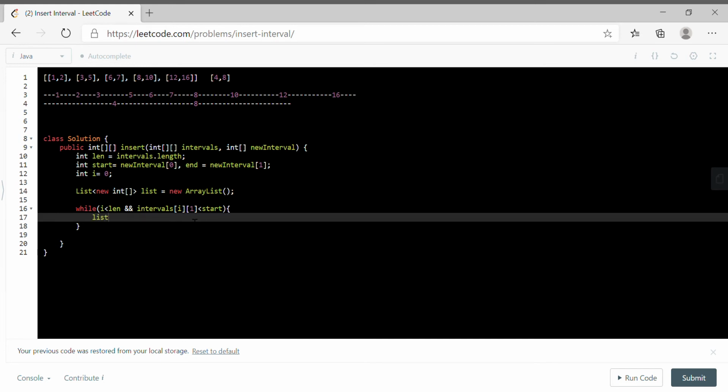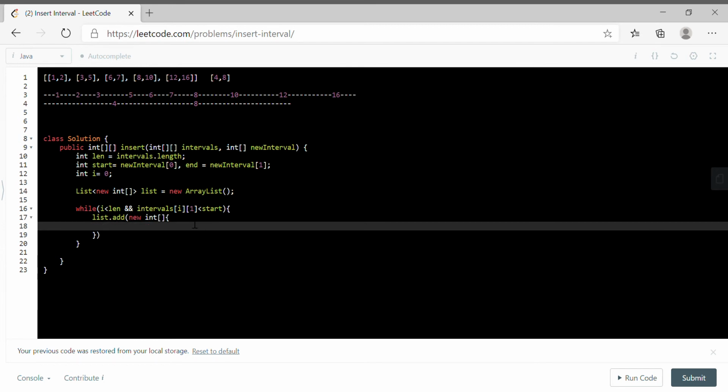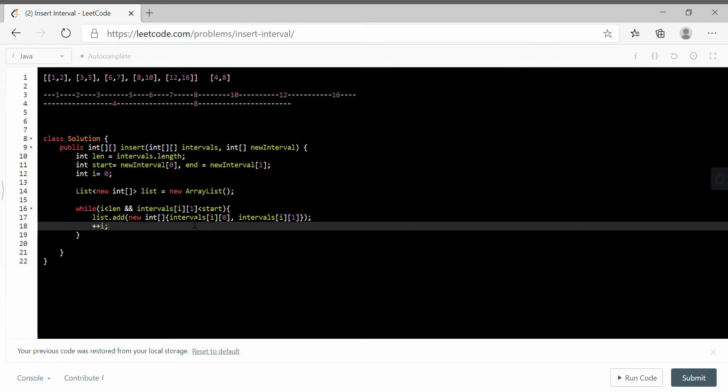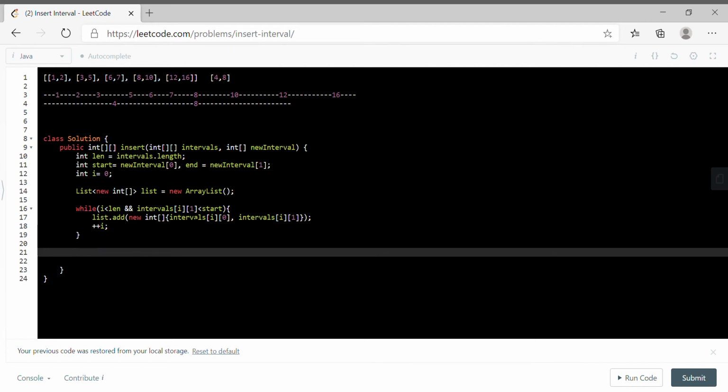So list.add new int array, and we will put the value here, that is the 0th index, and then the first index value, and plus plus i, right?